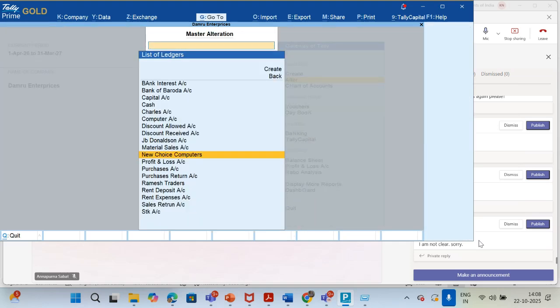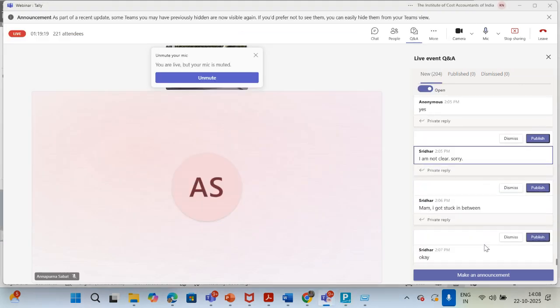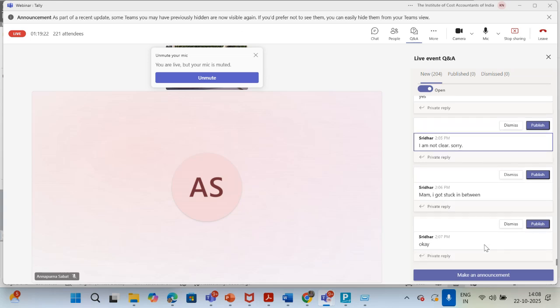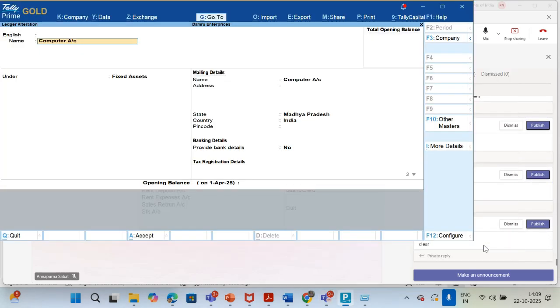Then I created the Computer ledger that is under Fixed Assets, and I passed the entry, Computer to New Choice Computers. Is it clear, Sridhar? Now it is clear or not? Okay. Right? Okay. Now the next is